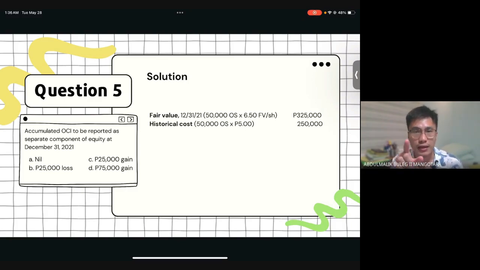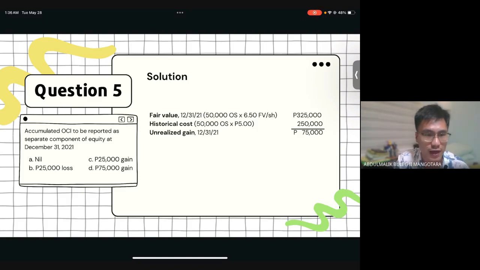Take note, if fair value exceeds your historical cost, or the current market value exceeds your historical cost, then there's an implication of unrealized gain. If the other way around, then unrealized loss. So in this case, unrealized gain is being recognized, which is the difference between 325,000 and 250,000. Then we have 75,000 pesos at year end